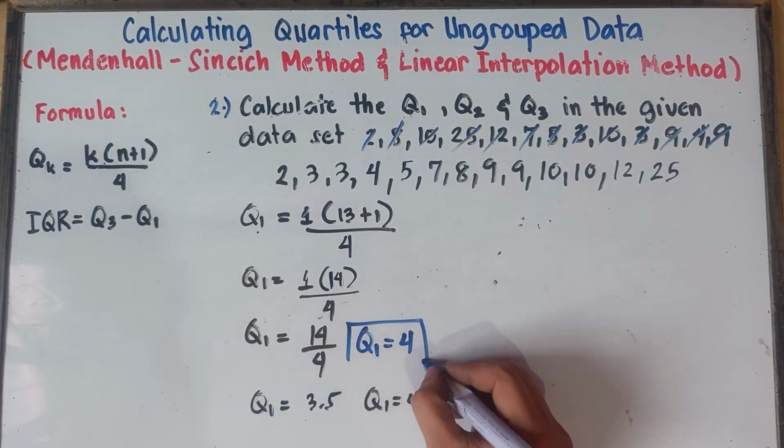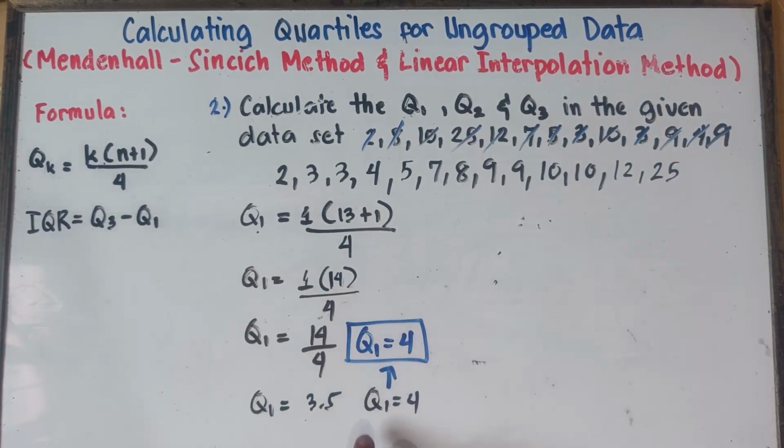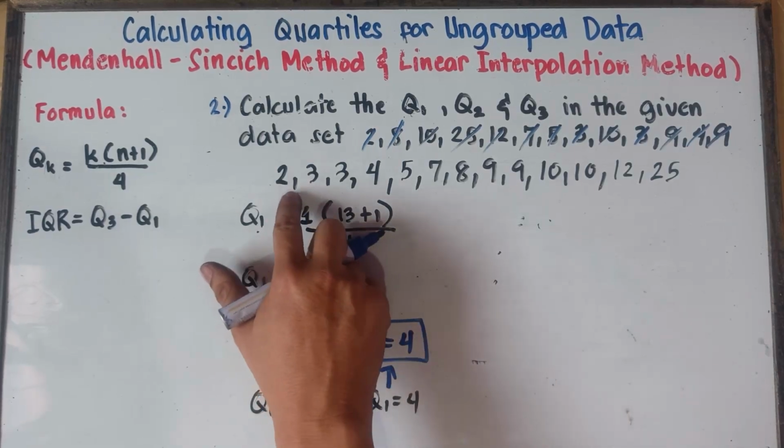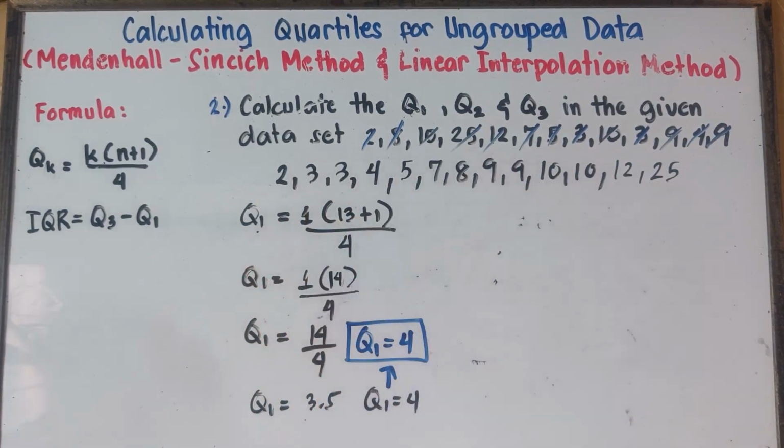Once again, class, the fourth position, this one right here. Always round up. This is 3.5; you round up to the nearest whole number, which is 4. So the fourth position: first, second, third, and then fourth. That would be 4. That's it, class. We're all set.